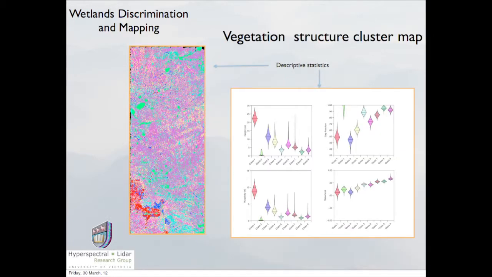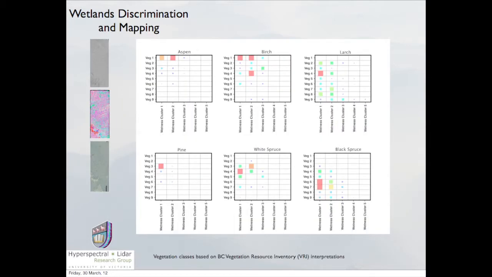The canopy metrics look something like this. Again, they're probably meaningless, but we had 9 classes in here, and here we did the same thing. We looked at the height, gap, rugosity, and skewness for each one of these, and so we described those. So far, we haven't put much meaning to them, right? And then what we did is we went into our version of HEL in BC, which is our